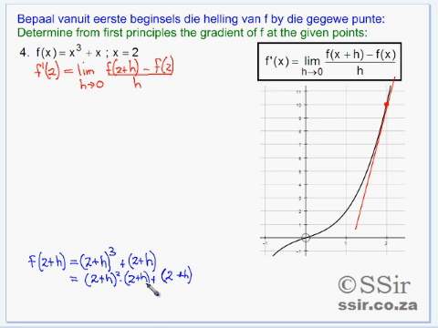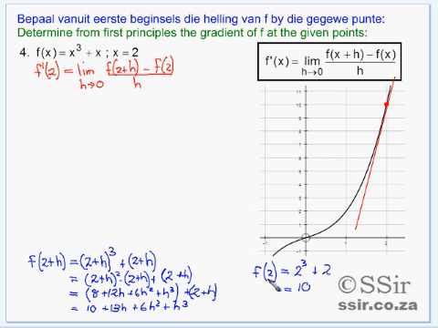So in our next step we get 8 plus 12h plus 6h squared plus h cubed plus the bracket 2 plus h. Now we must calculate the value of f of 2, and we do this by substituting 2 into the function. So f of 2 gives us a value of 10,